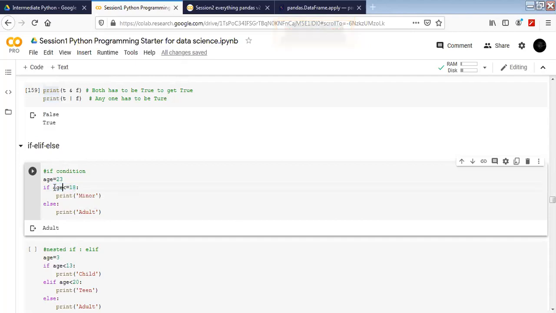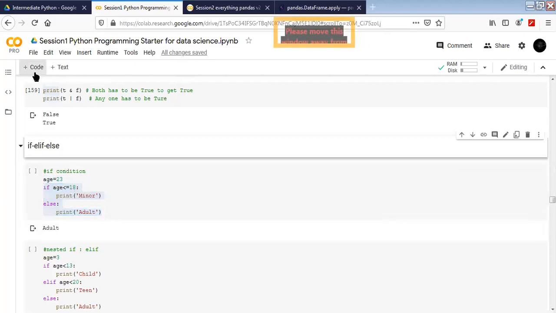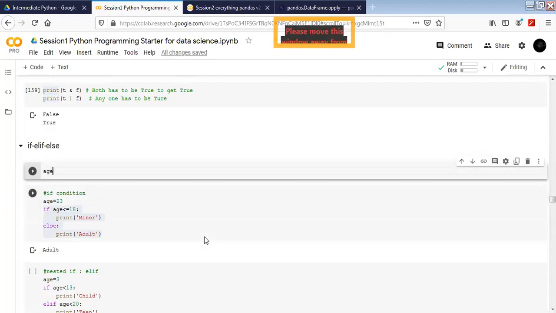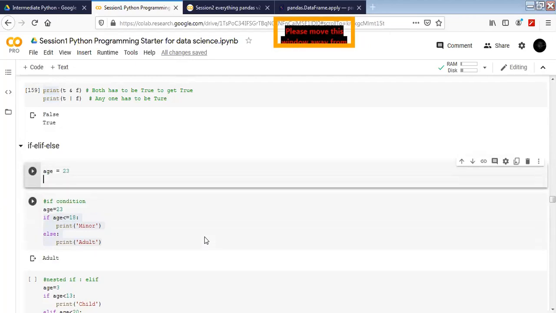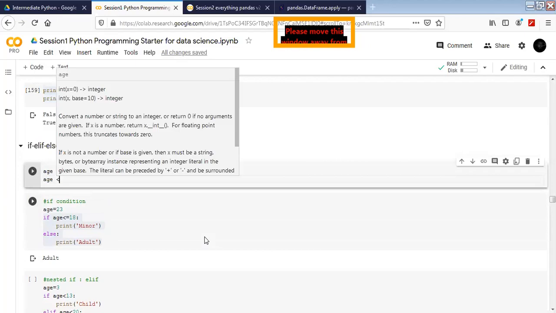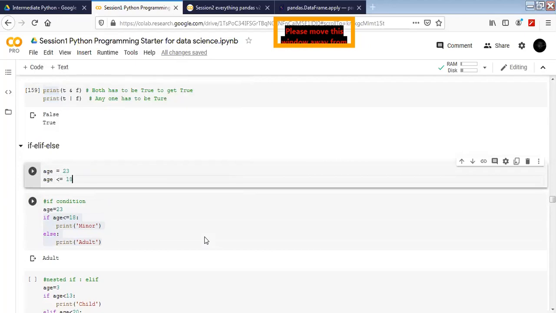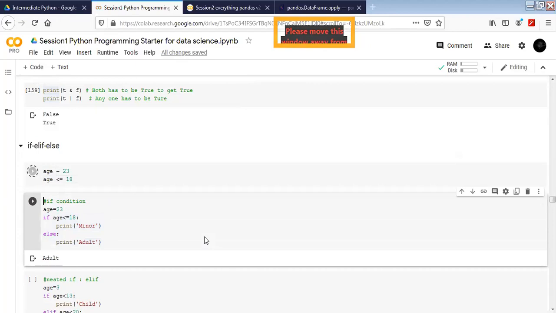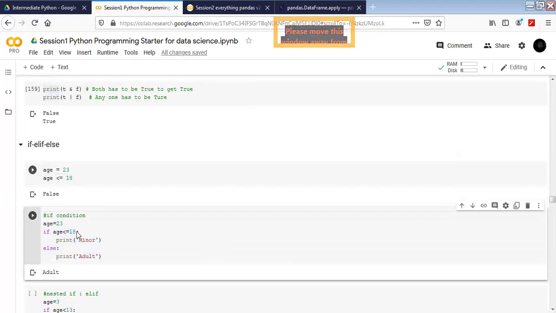Now this is our condition, age less than or equal to 18. For example, we have age equal to 23. I'm checking the condition: is age less than or equal to 18 or not? If I execute it, what am I going to get? False. Yes, I'm going to get a false here.